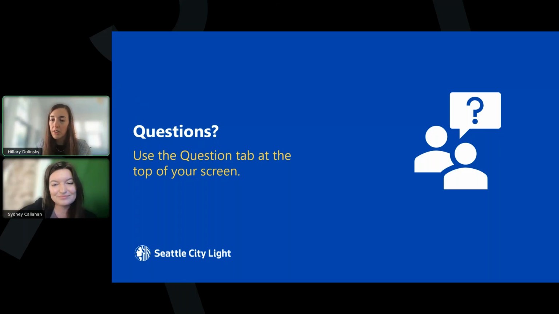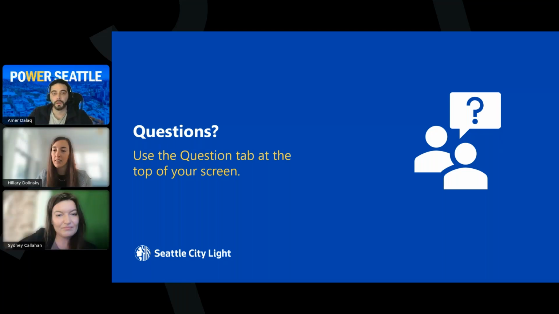So we have a question. Are there separate or additional requirements for BESS, or is this just associated with DER size and level? To my understanding, this is specific to DERs, but would welcome my City Light colleagues to answer that if needed. Right, yeah, this handbook is all-encompassing for DERs, so since BESS is considered a DER as well, it follows the same